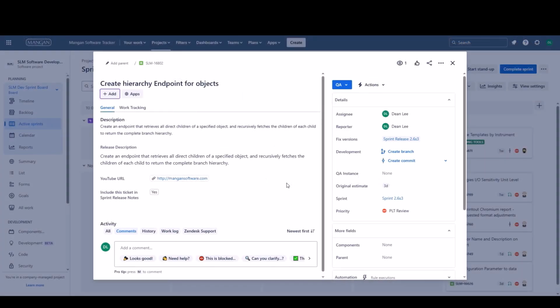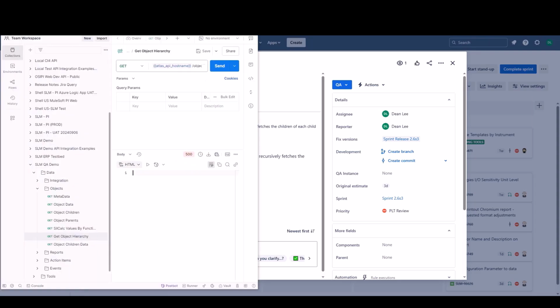Ticket number 16802. Create hierarchy endpoints for objects. So we're creating endpoints that retrieve all direct children of a specific object and recursively fetches the children for each child to return the complete branch hierarchy. So if we open up Postman and we come to QA demo and get object hierarchy,